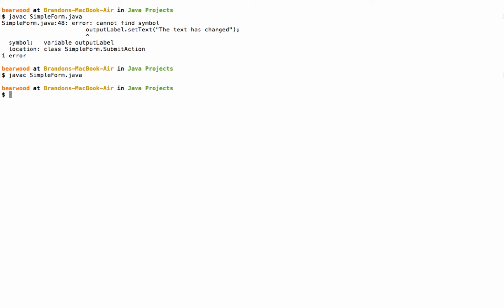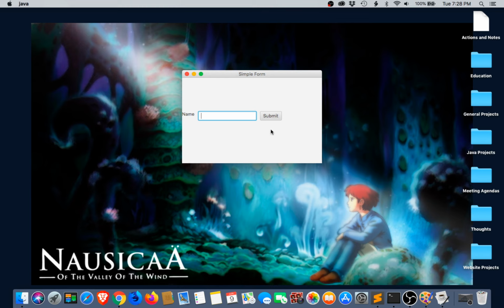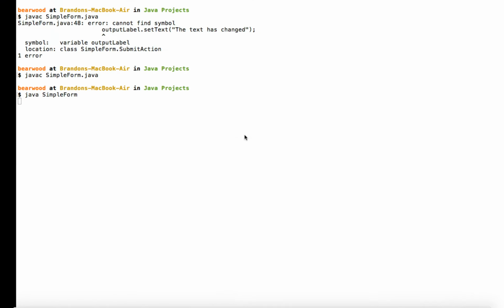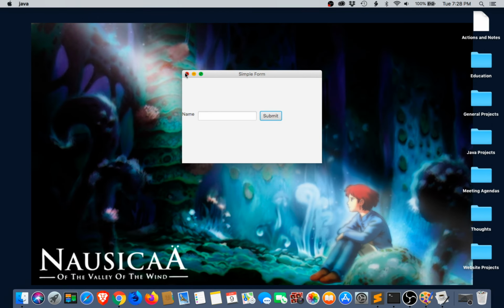Okay, so now this will actually work, or at least it compiles properly. We'll then go ahead and run this. So everything is running. We'll click submit, and nothing is happening. Okay, so this shows us a little bit of an issue already. So let's see if we can go ahead and try to fix that. So go ahead and close that,